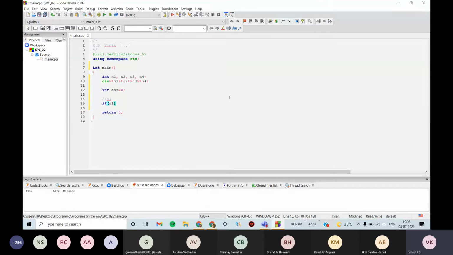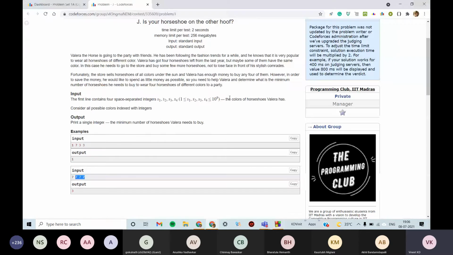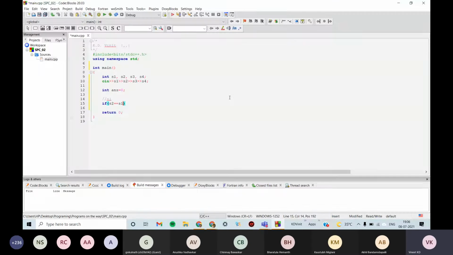So if S2 is equal to S1, I will show you guys all the possible ways which are there. If S1 is equal to S2, we will need to replace S2, right, because it is the same color as S1.